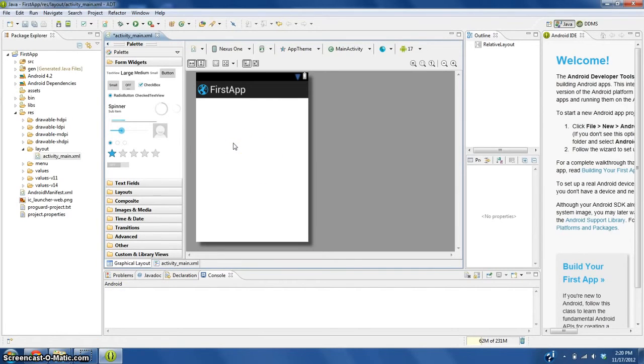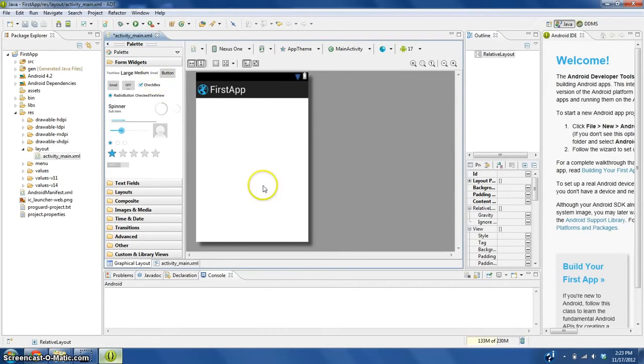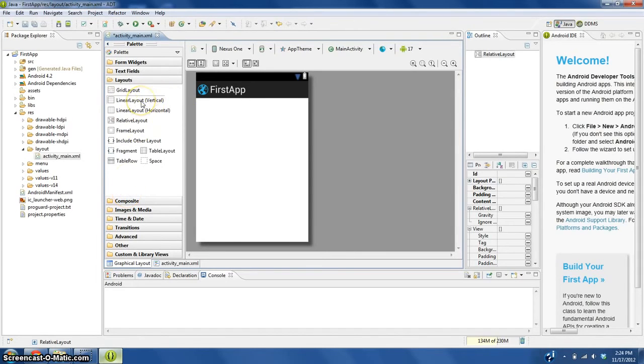This is our first application. What I'm going to do on this application is show you how to make a functional application that's easy to make, that you can do a bunch of stuff with. So, let's see. First thing that comes to mind is a program that adds two numbers or multiplies two numbers. So we are going to delete the hello world to start out with. Now, the first thing we need to add is a layout, and what it's called is a linear